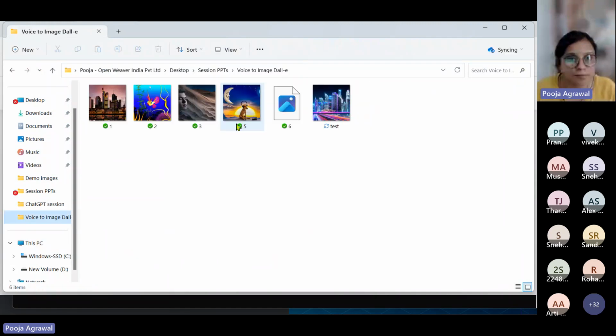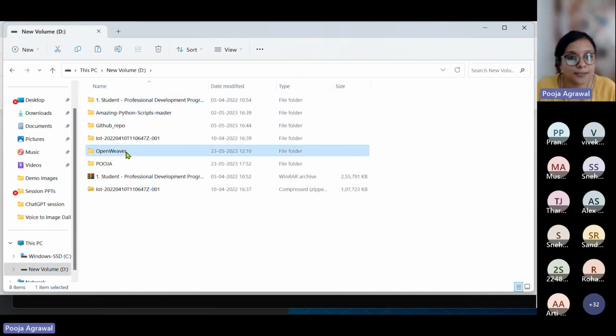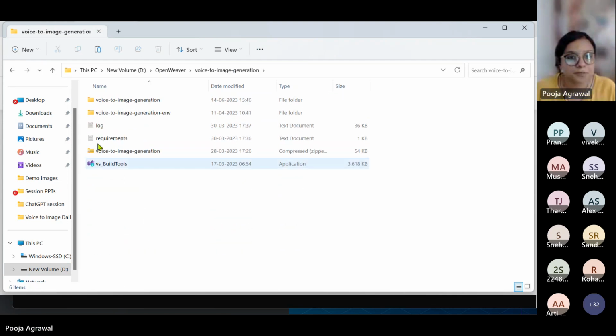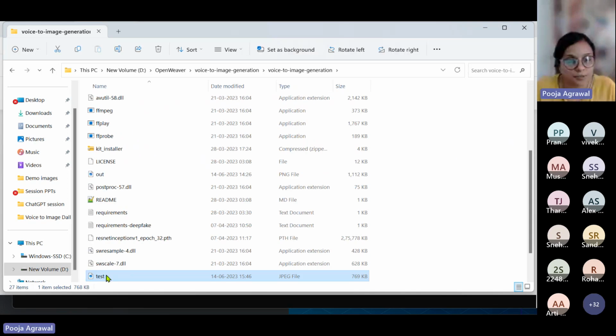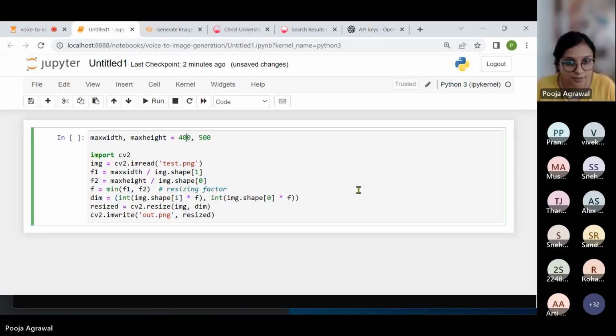I got my image. This image is what I would like to resize. I'll cut it from here, get into my voice to image generation, paste it. So my test file is here. Let me remove another test output that I had put down.